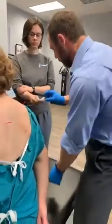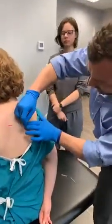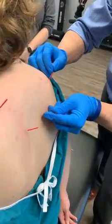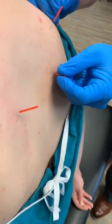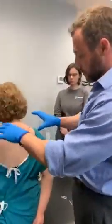And we're gonna do one more, and that should be plenty. And that's right at the start. Here we go. Start of the upper rhomboid minor. Tell me when you feel a little pressure. Okay. So what we'll do is, this is just a basic example of some areas within the traps and